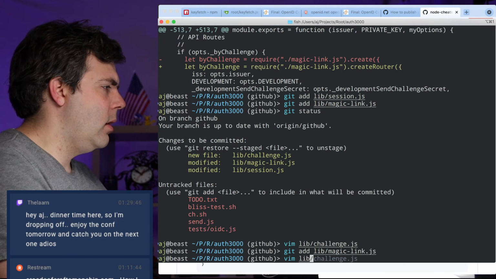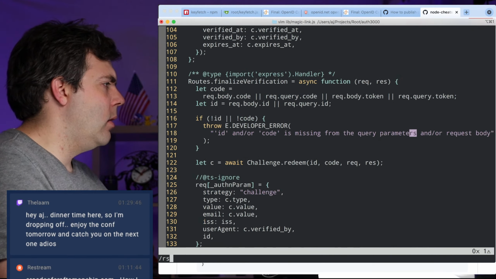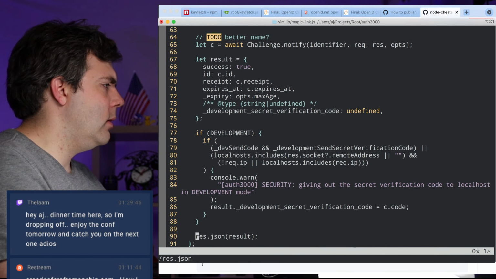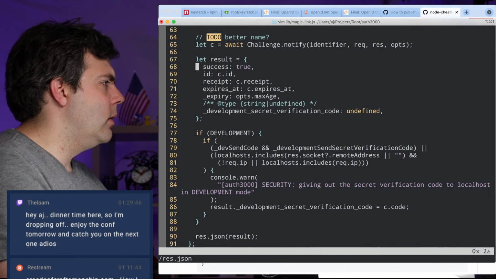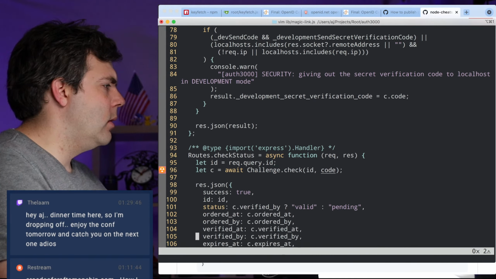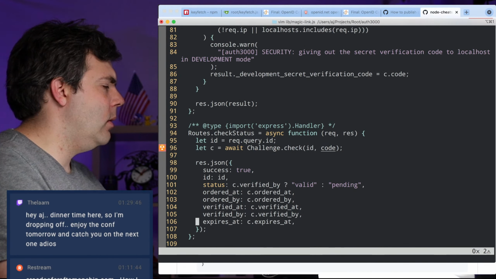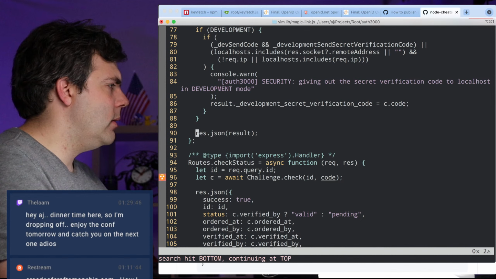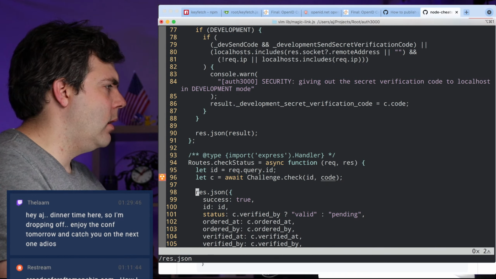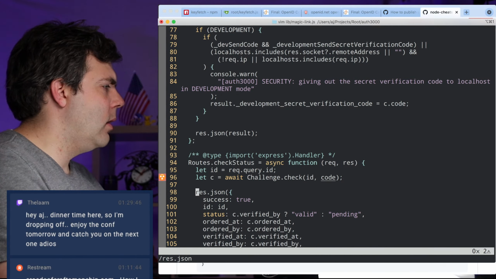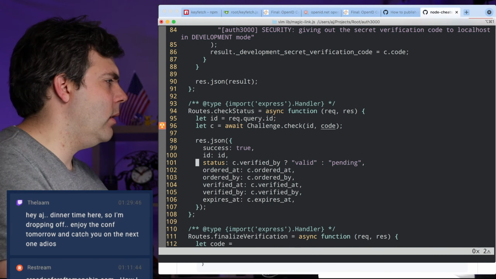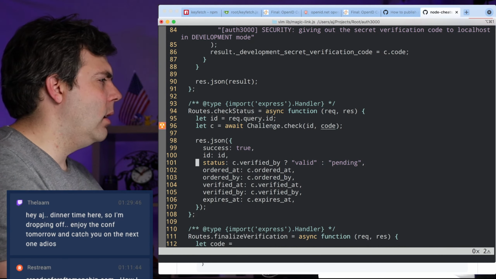Whoops. Res.json result. So, okay, it seems good enough. We're not sending back, it doesn't look like we're ever sending that back.